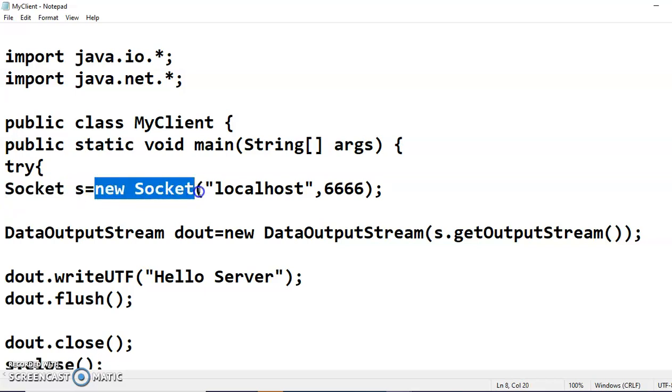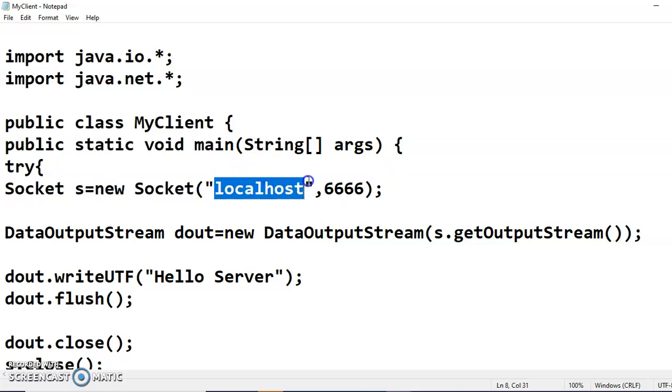This is a client. This client wants to establish a connection with a server. So who wants to establish a connection? This local host, this machine. On this machine, because we have client and server both programs on the same machine. So where is the server? Server is also on the same machine. So we are specifying server is on local host, means on this machine.